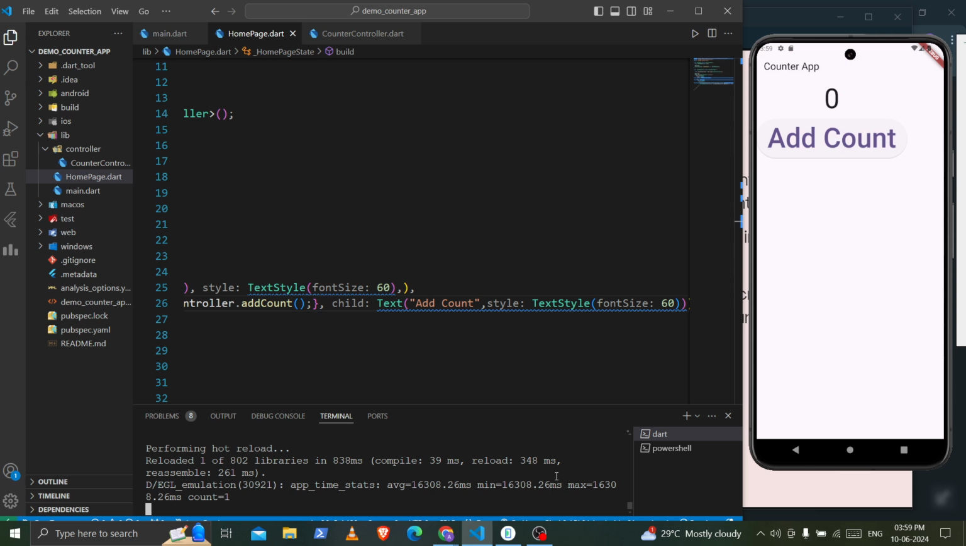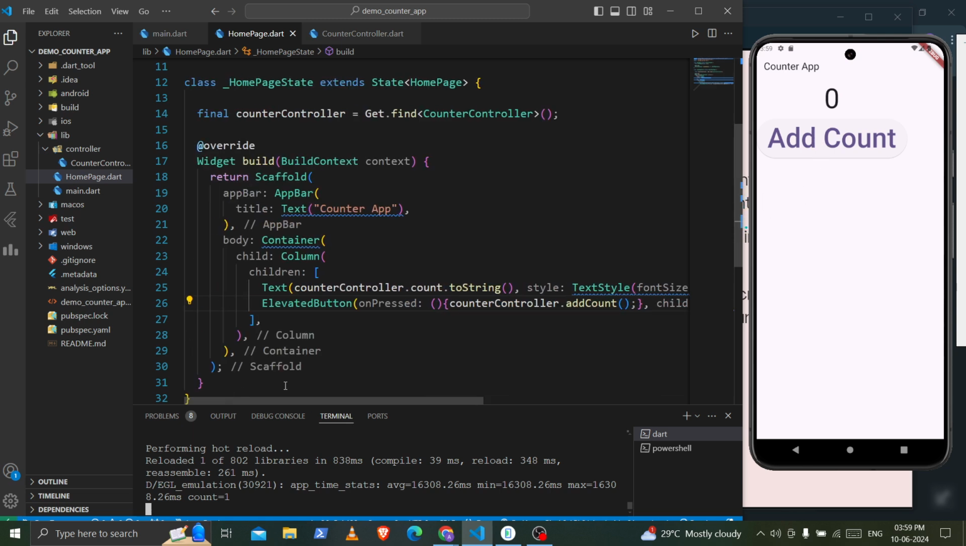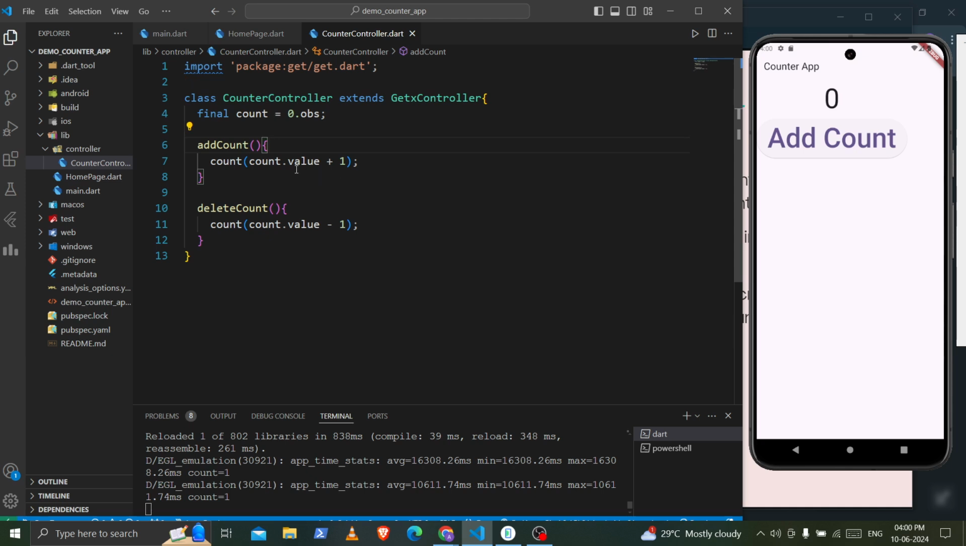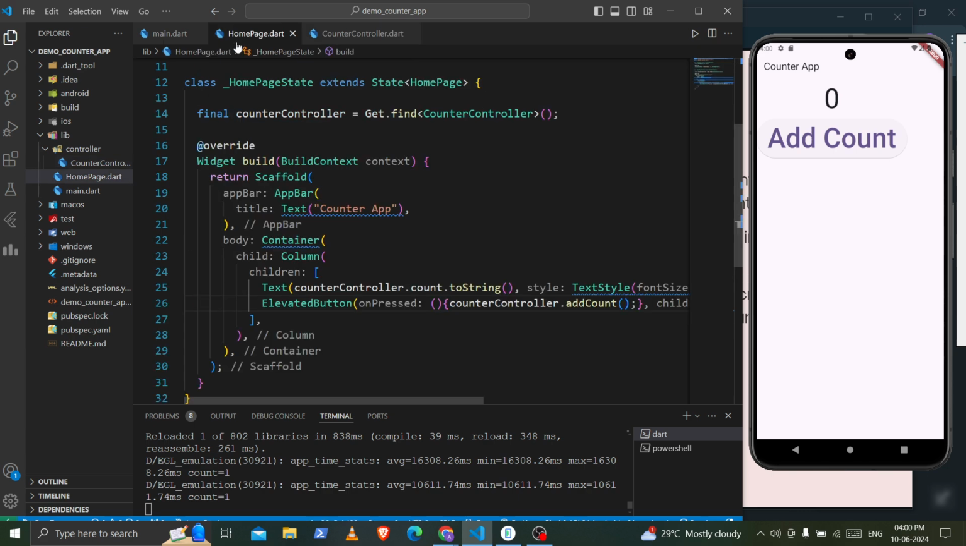Let's try to reload. Okay, the button is visible. But there is one thing that we had not implemented. If we click on add count, the count will not get incremented. Yeah, I had clicked that button and the count is not incremented. Do you remember that we had added .obs here to make it observable? So for using this variable, we need to wrap it inside